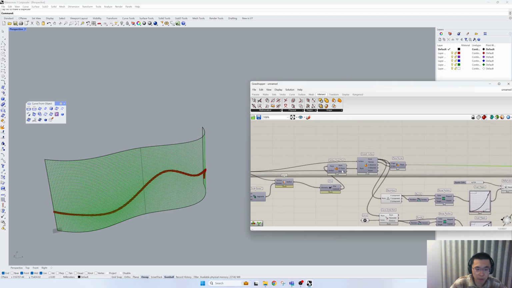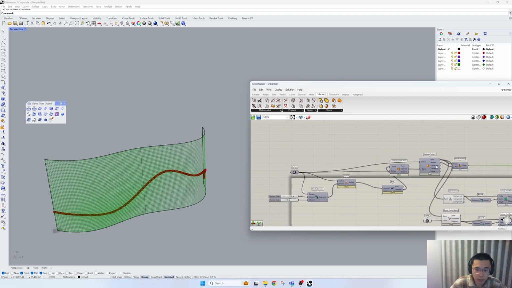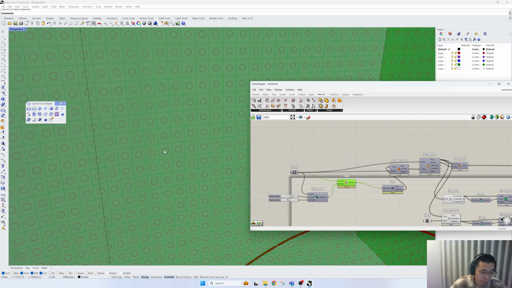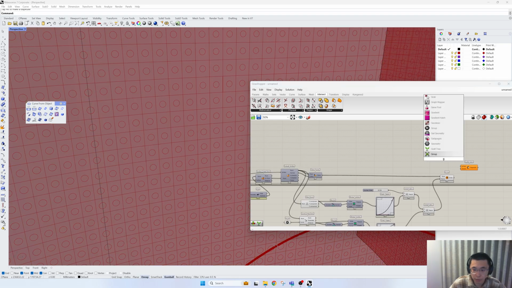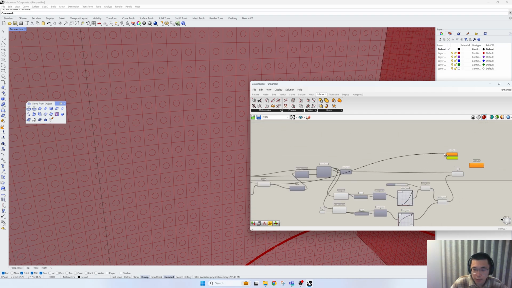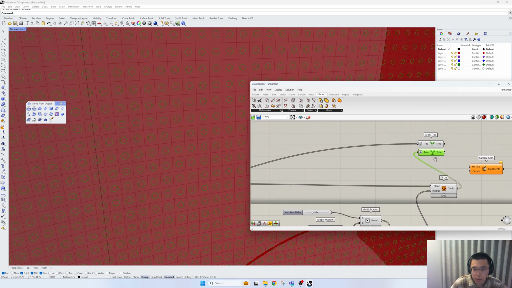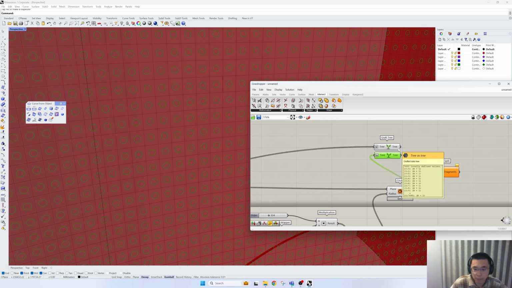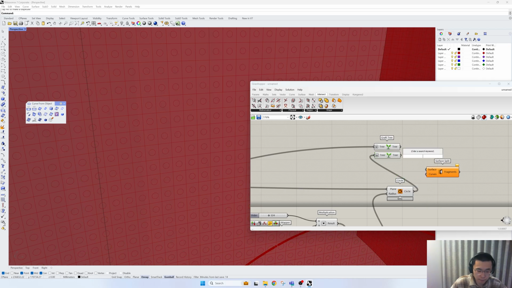So what we are going to do is use all these surfaces here, and then we're going to use each single circle to cut each single surface. So we type in graft, right? And then copy and paste. So we're going to flatten the input. And then we connect that surface here and connect our circles here. Then we can see our outcome will be 3 types of data. So when we merge them together,